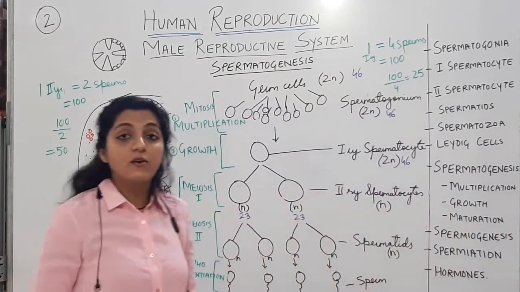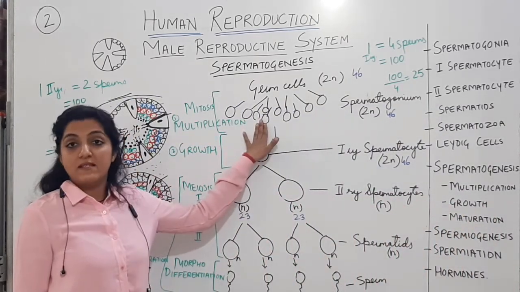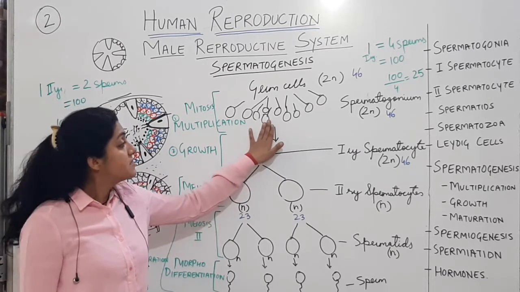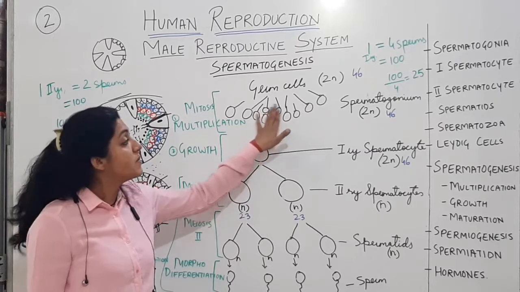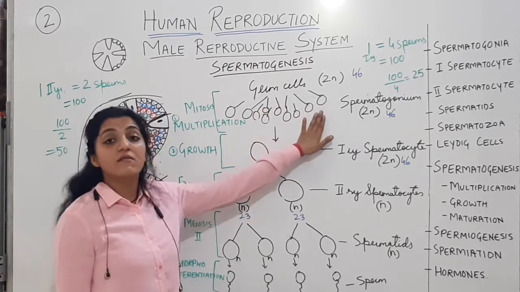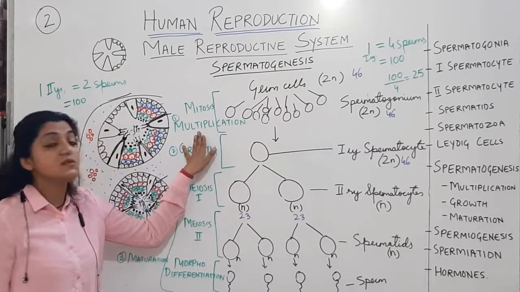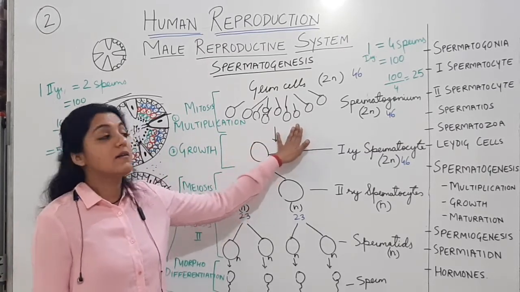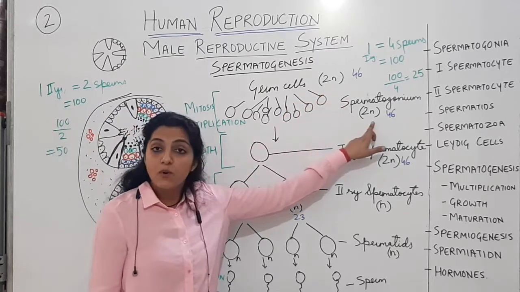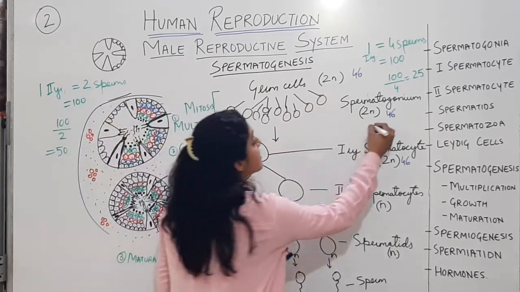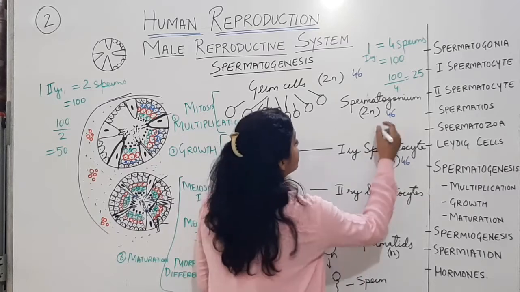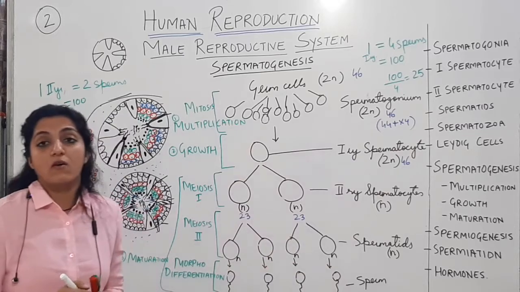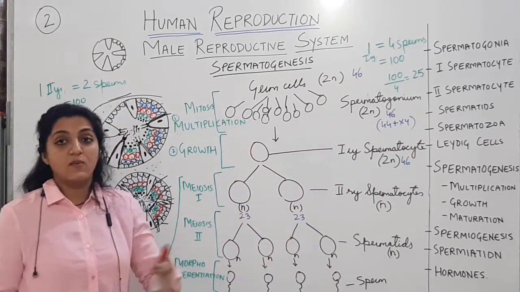Let us see it again quickly. These are the germ cells, which are present on the basement membrane inside the seminiferous tubules. They multiply and form the spermatogonium. बहुत सारा इक्वेशनल डिवीजन, मल्टीप्लिकेशन होता है. This phase is called multiplication. Mitosis होता है, बहुत सारे स्पर्मेटोगोनियम बनते हैं. This is diploid. This will also be diploid. If I write it in detail, I will write 44 plus XY. 46 को मैंने 44 plus XY लिखा है.